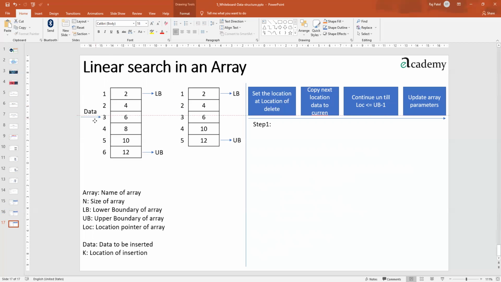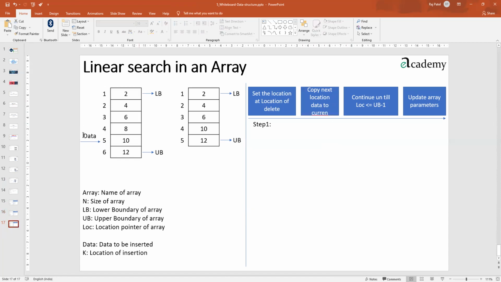If not found, we went to the next comparison. If not found, still going to the next comparison, and we kept doing like this. That means we are checking the numbers linearly. So the program which we did in C++ was linear search only. You just have to write it in algorithm form, and that's it. That is what you are supposed to make in this particular exercise.